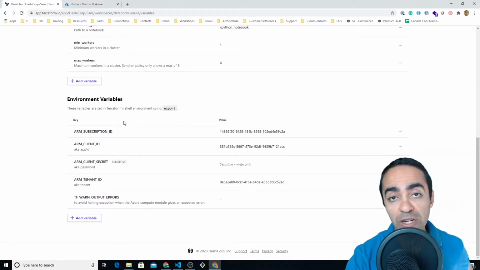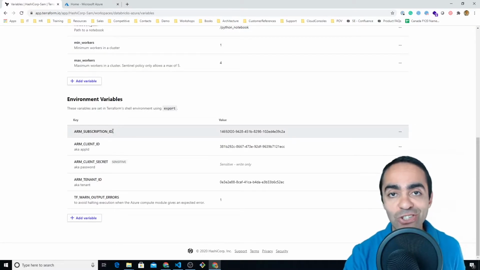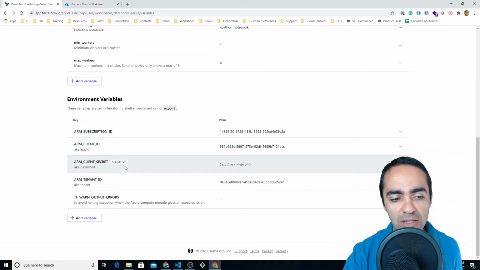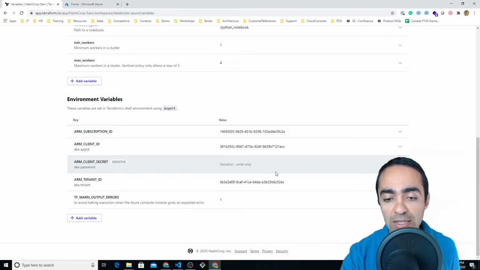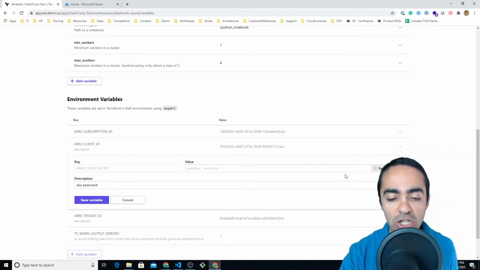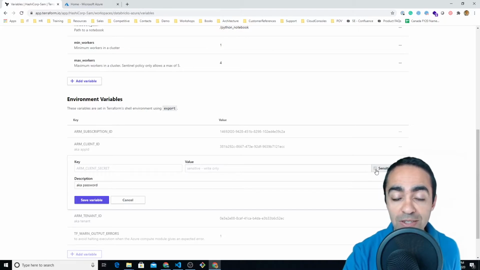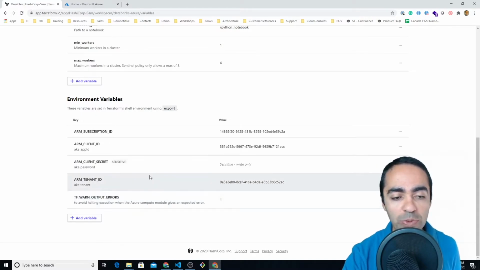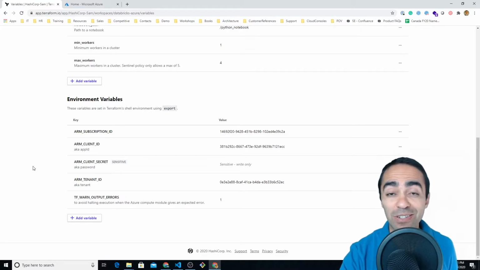Then finally, the environment variables are important. This is what you're going to use to connect to Azure to create your Databricks workspace and everything else that's needed. So you need a subscription ID, a client ID. Notice the client secret is also known as a password, so it's sensitive. It's write-only, meaning that I can't make any changes once you've written it, and check the box sensitive. What happens is this gets encrypted at rest. It actually uses HashiCorp Vault behind the scenes. But basically, I can't do anything. I can override it, but I can't view what was entered in here, which makes this very secure, and I highly recommend that you use this method as opposed to writing sensitive variables in your own workspace on your own